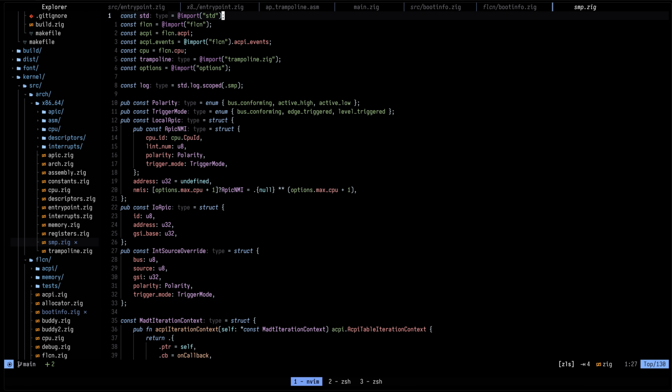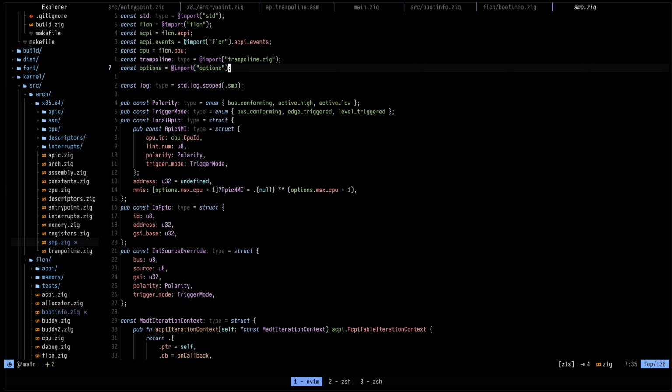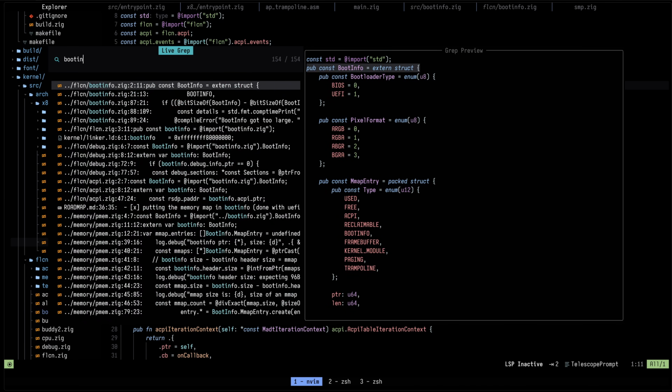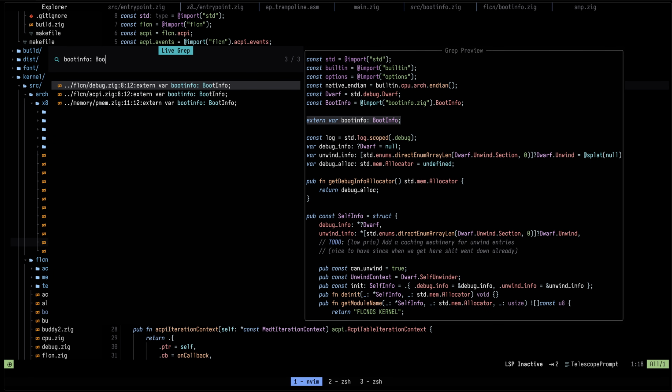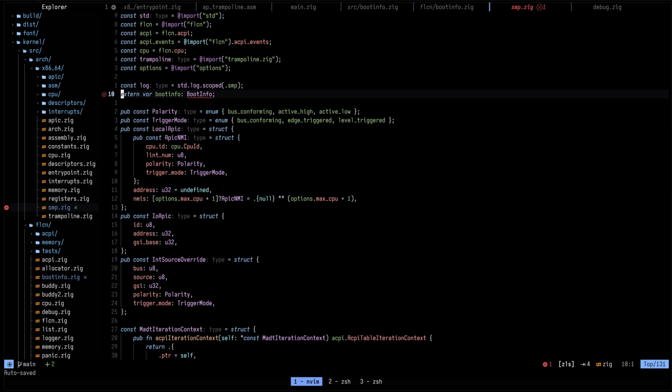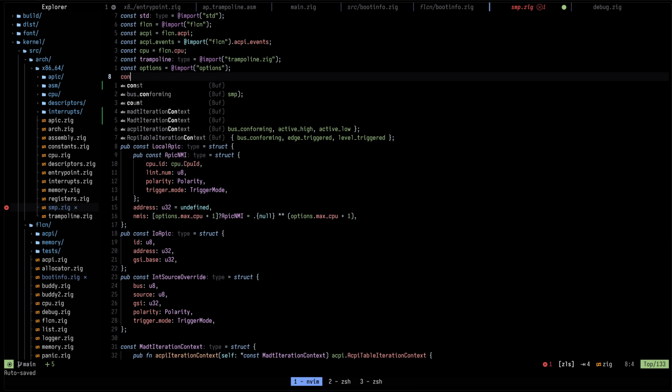So here we are going to actually need, so we need to define an extern, which would be boot info, but I'll just copy that. Yeah, sounds good. Right, so let me just put that there. So boot info is